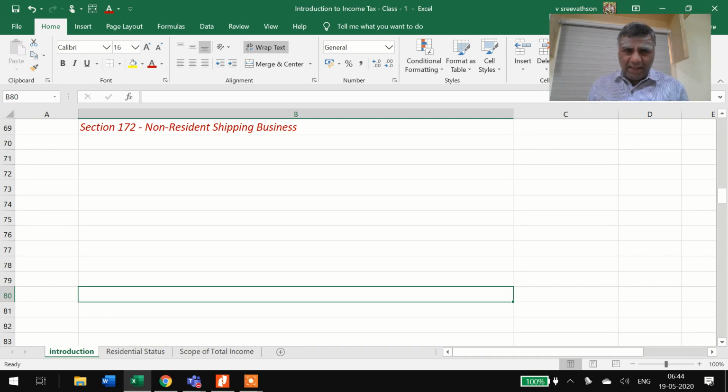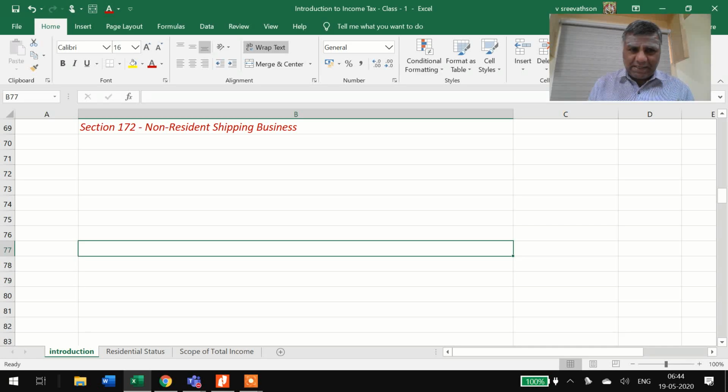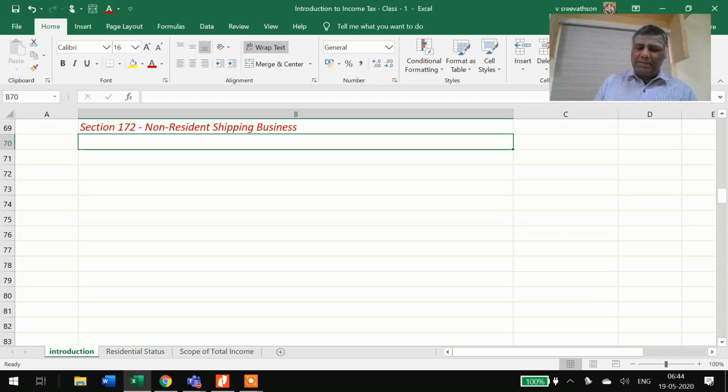He will say that this ship has earned income from India. They will instruct the customs department to allow the ship to go outside, to start from our Indian harbors, Indian ports, only if the taxes that are due are paid. Otherwise, it will not be allowed. Non-resident shipping business, where